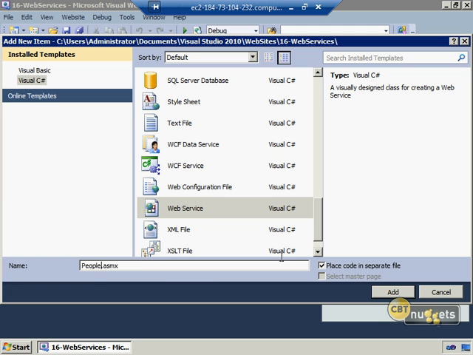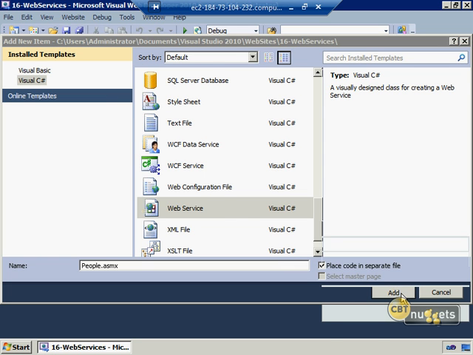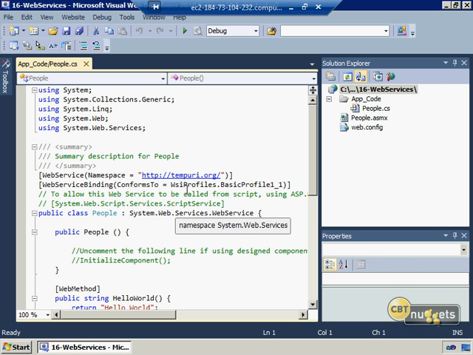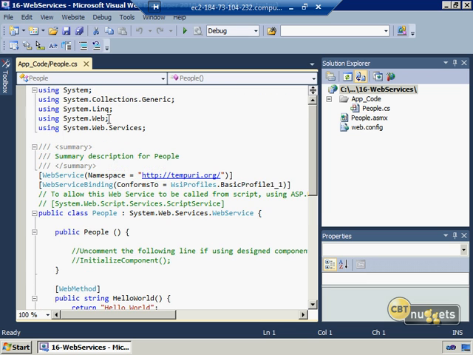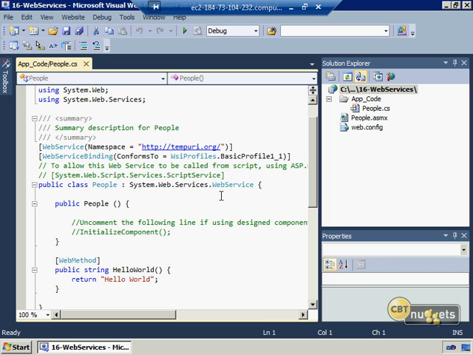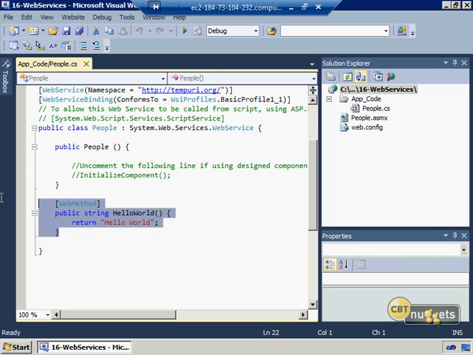What we're going to do here is, way back in the beginning of this series, we created a people class, and we filled it up with people. So that's going to be kind of our data point. And we're going to take that, and we're going to allow people to do searches on our data through that class. So I'm going to hit Add, and this will get us our web service into our project here. And it gives us a nice, easy template to work with. Everything's really set up for us. It's got all the namespaces inside of it. And really the only thing we need to do is just add our web methods,